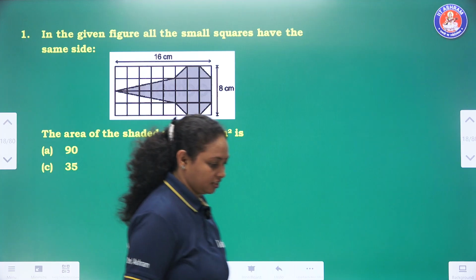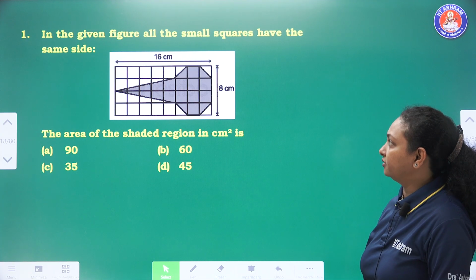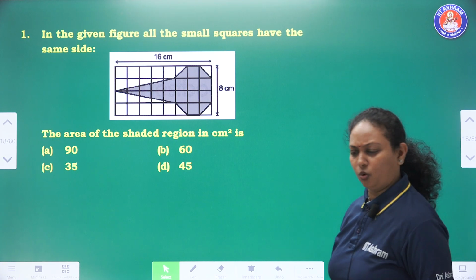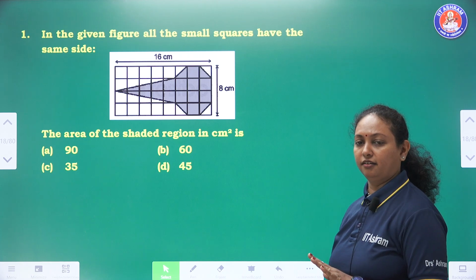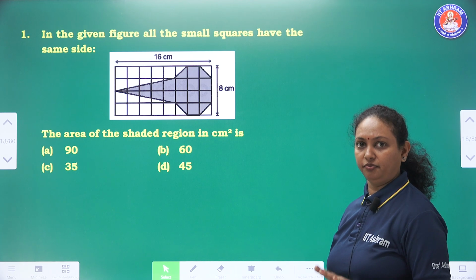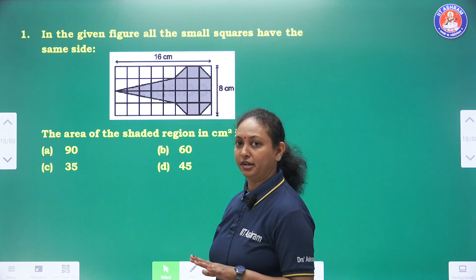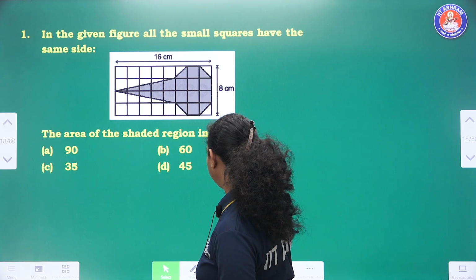So the first question is, in the given figure all the small squares have the same side, find the area of the shaded region. Okay, it's a very basic question. All of you have learned when you find area, in the mensuration chapter first time. So you have learned to count the number of total squares which are completely filled with the grey area, the shaded one. So these are